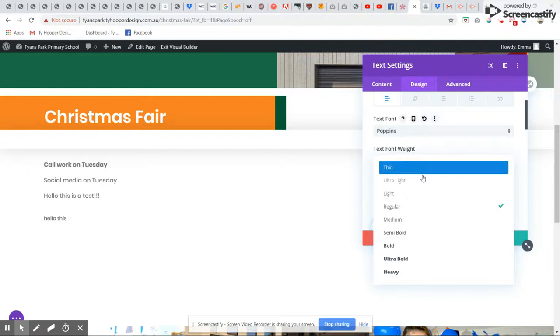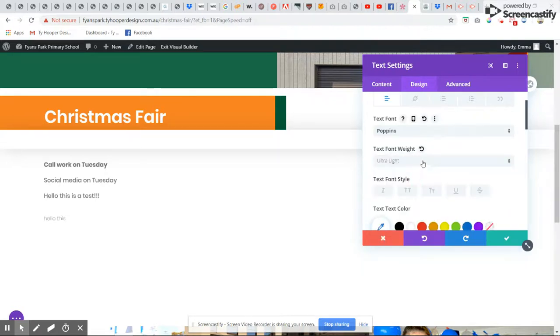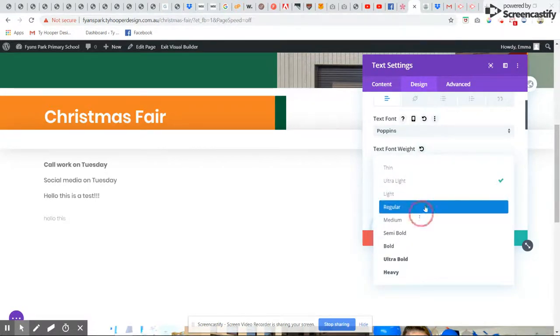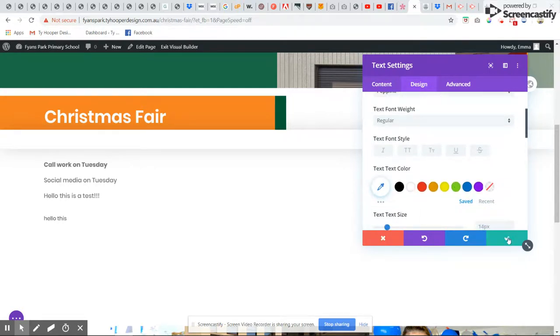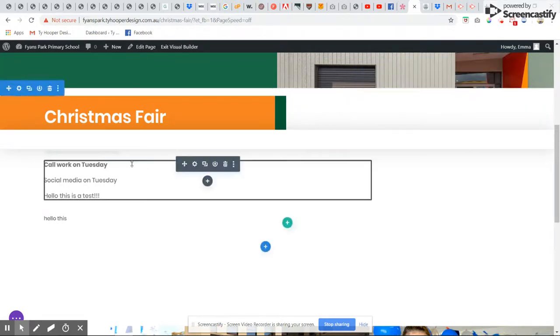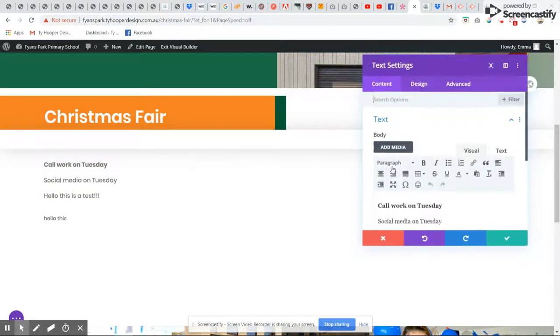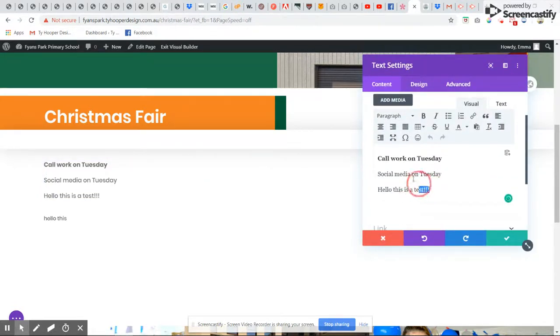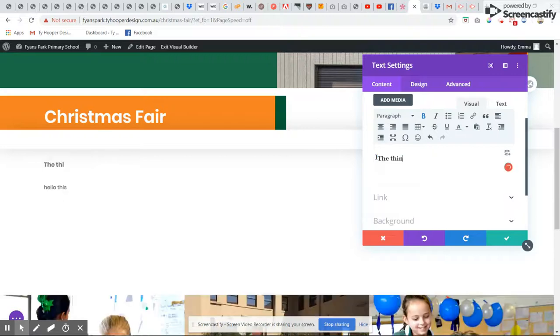The weight, so thickness, ultra thin, it's a little too thin. Text color, stuff like that. Generally the best way to do this is, say you want to add a heading area. If you wanted this to be sort of a heading at the start of a paragraph, you can change the color through here. So text color,